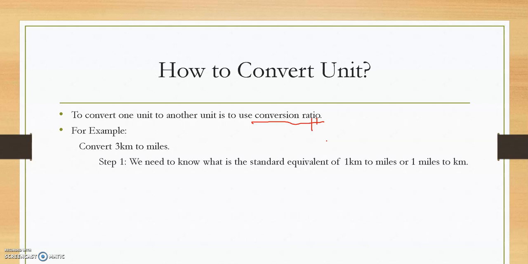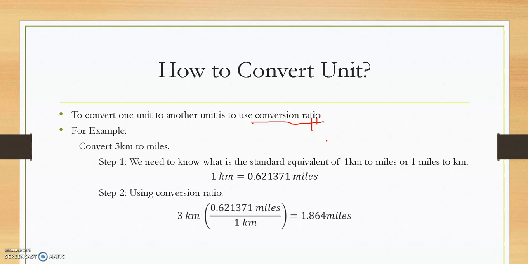So step 1, we need to know the standard equivalent of 1 kilometer to miles, or vice versa, 1 mile to kilometers. Remember that 1 kilometer is equivalent to 0.621371 miles. And then step 2, using the conversion ratio. Since we need to eliminate kilometers, since we want to convert into miles, therefore 3 kilometers times, you need to form this